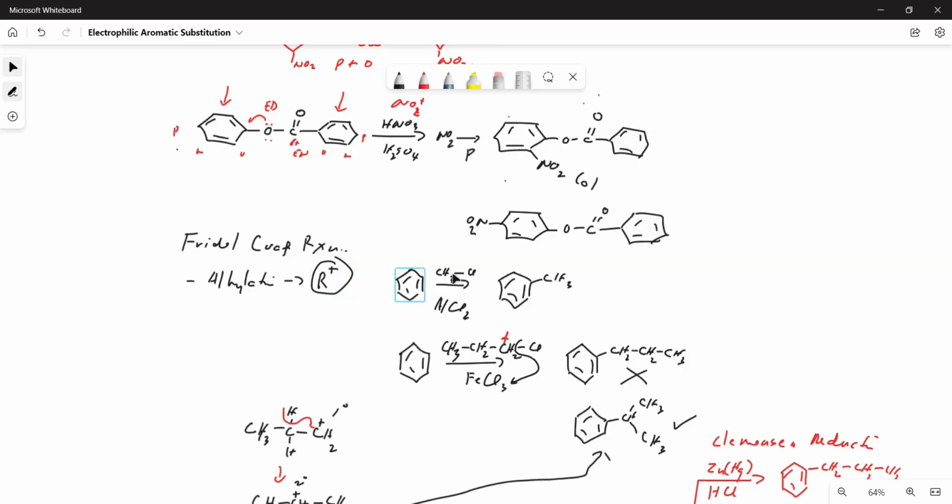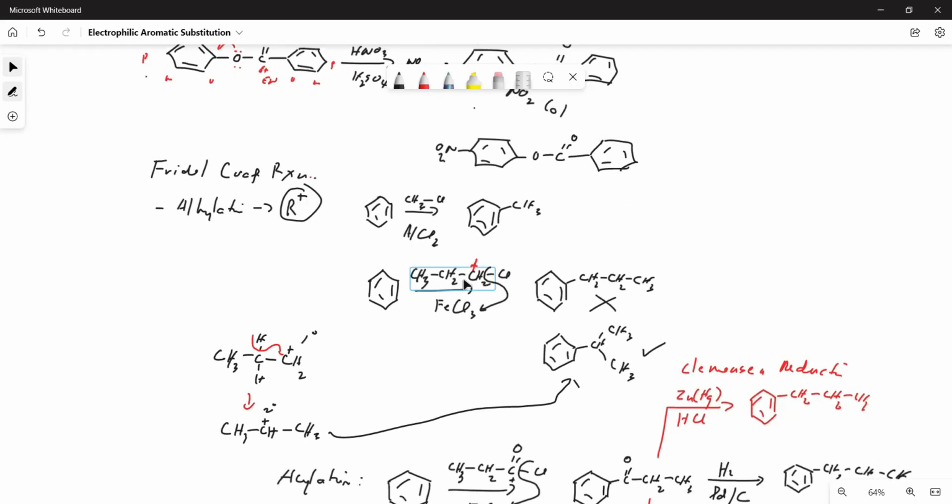So if you subject this to methylation reaction, your carbonium ion here is methyl. And no problem with that one because methyl has no tendency to rearrange. Then you produce the toluene product neatly. Now, what will happen if you have this kind of alkyl halide, propyl chloride, and you subject this to a Friedel-Crafts alkylation reaction? Well, the chlorine will be removed by the Lewis acid. So the carbonium will be here. And this is the one that will be attached to the benzene. So you are expecting this product,